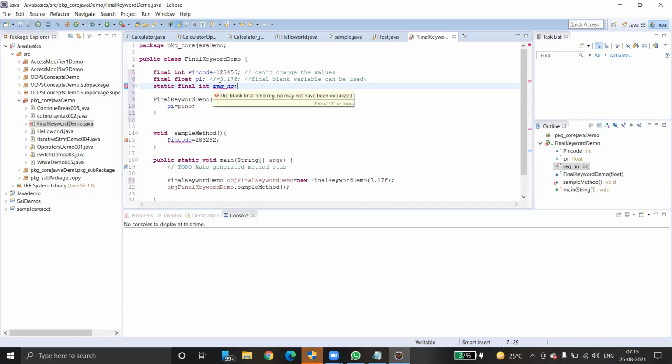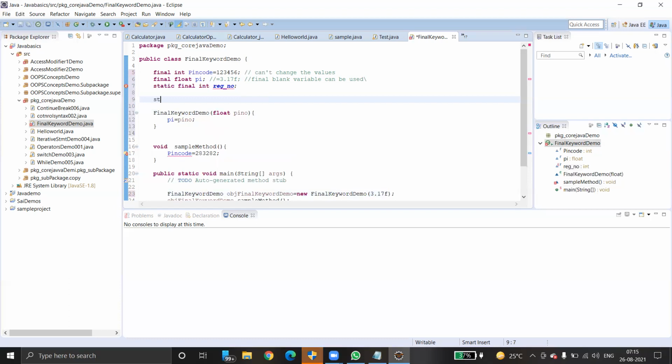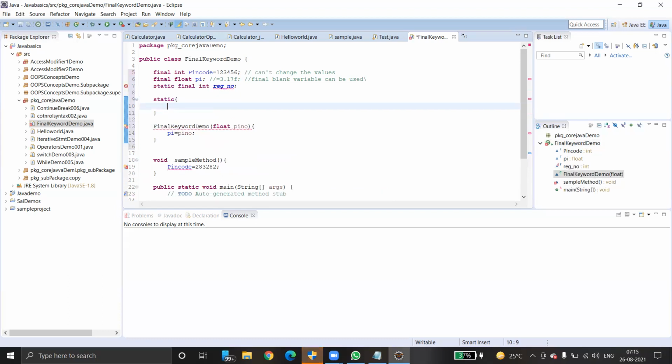So in such scenarios, you can create a static block, and inside the block we can initialize: register_number equals some number. Done. So you can still use blank static final variables, but we have to create a static block, and inside the static block, we have to assign.